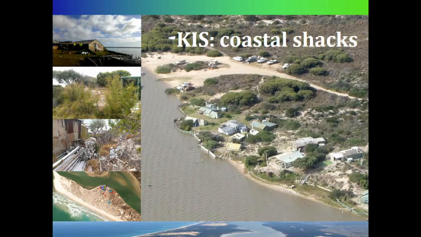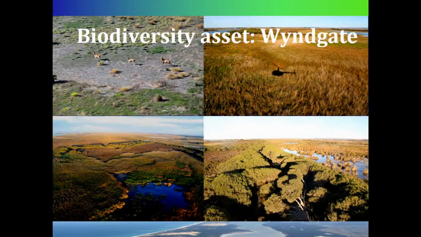Have I got time for one? All right. The last one, which is quite funny, is the Wingate Biodiversity asset. Up the top, there's a red deer population that some of you may know about. The locals love them, but they're having quite an impact on the revegetation. There's been a lot of revegetation on High Marsh Island and Wingate. And there's a remnant Melaleuca swampland you can see down in those corners there.